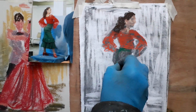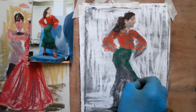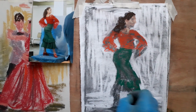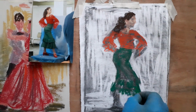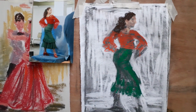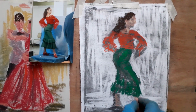So again, I'm following some of the outlines, some of the shape that I started with, leaving a few gaps where there are shadows, but also changing it. And I've realised now actually maybe it's a little bit longer. So I think it's good to be ready to change things. And into that green, maybe I'll get a little bit of a lighter green. There are certain places on her hips, on the top of her leg there, where it's quite nice to have some of that lighter colour. And yes, a little bit to her legs. And of course those red shoes,